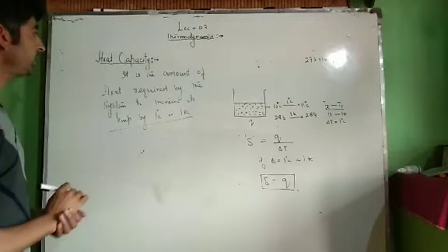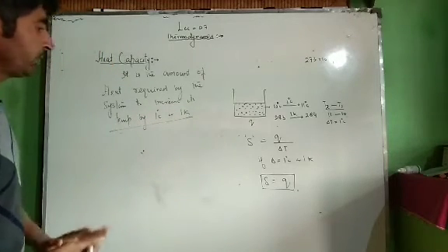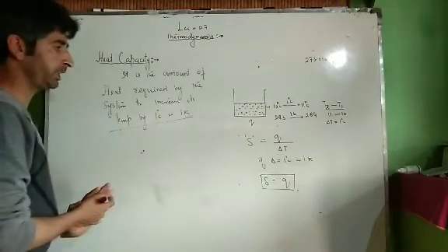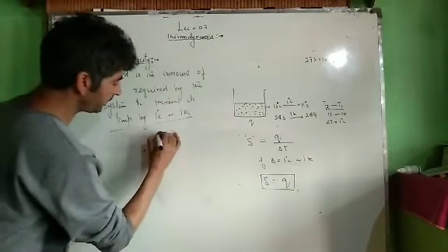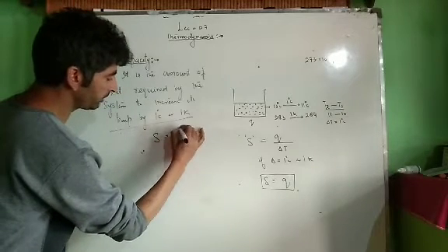This is the definition of heat capacity. Heat capacity is then the amount of heat required by the system to increase its temperature by 1 degree centigrade or by 1 Kelvin. Then mathematically, if S represents our heat capacity, it is equal to Q, that's heat given